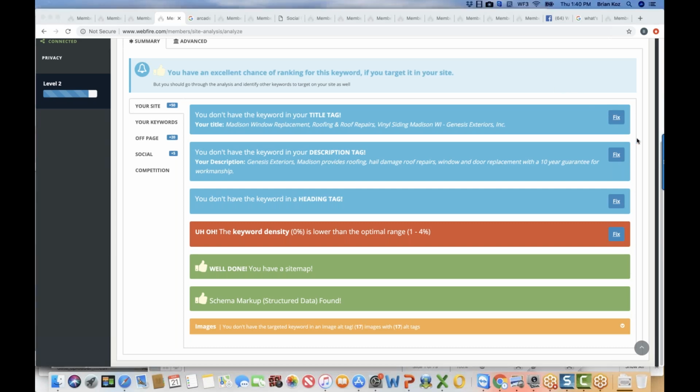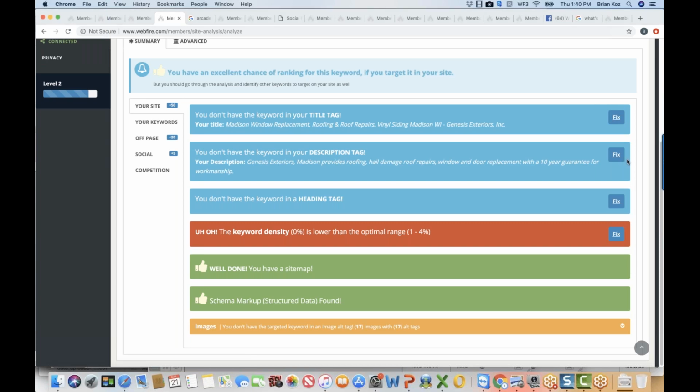Now, some of you are probably like, crap, I don't know what any of that means. I don't know what a title tag is. I'm not a techie. Well, no worries. In your case, all you have to know is how to click fix. It will walk you through the entire process and help do the stuff for you. So it's super, super easy. As long as you know how to click fix and do exactly as it says and use the tool to fix the stuff for you, you're perfectly fine.